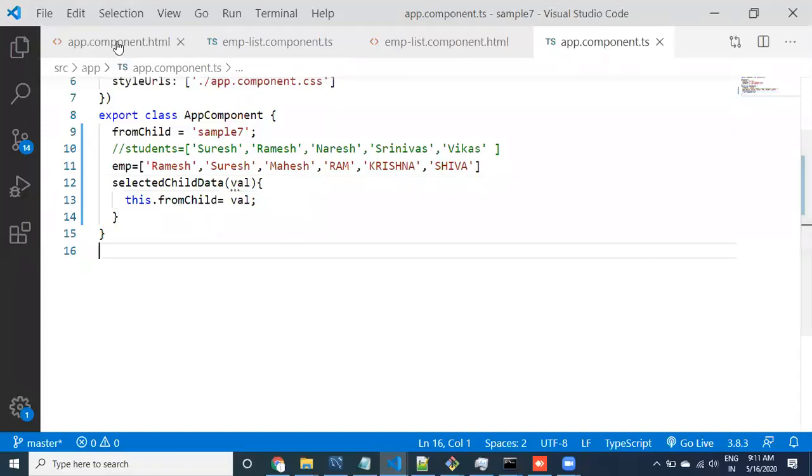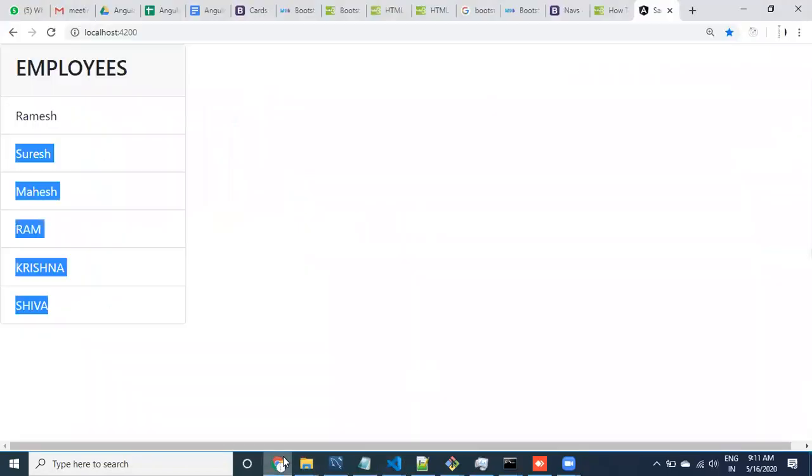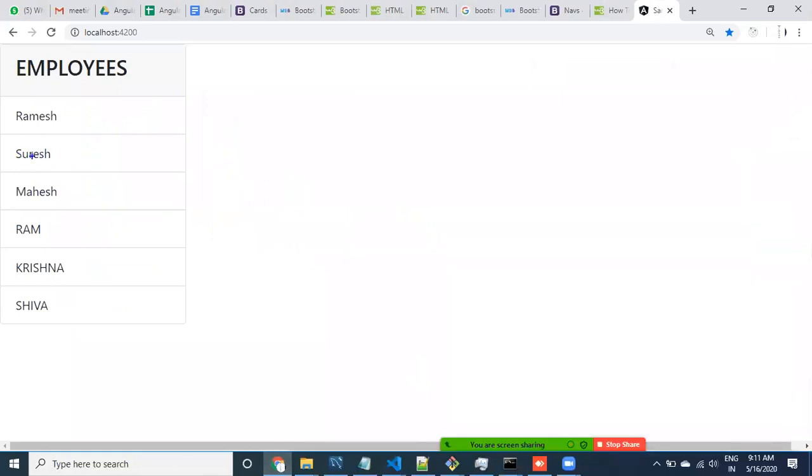The first goal is a very simple step that I want to do. What if I click on something, then I want to display the data in the console. That should happen in the same component. Just to practice, if I click on this one, clicking on this is nothing but clicking on the child component. Some method has to be called. Which method? A component method, in the same component, the employee list component.